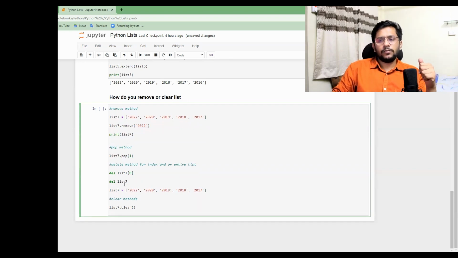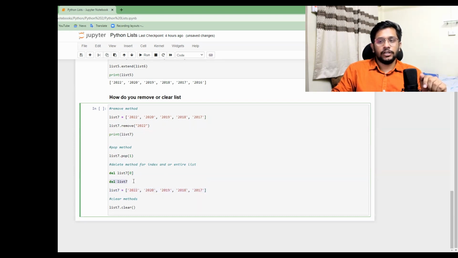And we will hardly use deleting the entire list in our programming, because that's not at all helpful, since you will have to declare that list again and again. In case you want to free up memory and you are using a lot of complex programming, in that sense deleting makes sense. And that's why we are defining list 7 again. You might be wondering why we are doing this same activity twice.